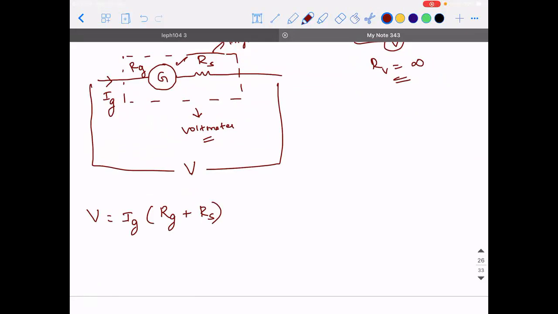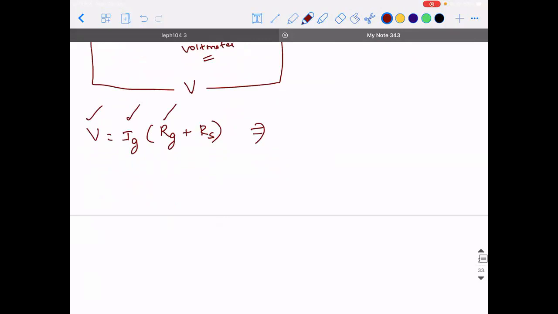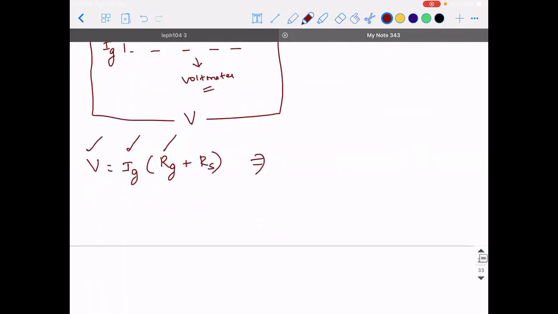Like how you designed the ammeter for a range of 0 to 5 ampere, similarly you design a voltmeter also for 0 to 5 volt. So you know the range of the voltmeter, you know the full scale deflection current, and you know the resistance of the galvanometer. Now what is going to be the unknown? Obviously the resistor that you are connecting. So you need to connect a series resistor of high value. So V divided by IG minus RG will be equal to RS. This is the formula for the series resistor that needs to be connected for you to convert a galvanometer into a voltmeter.